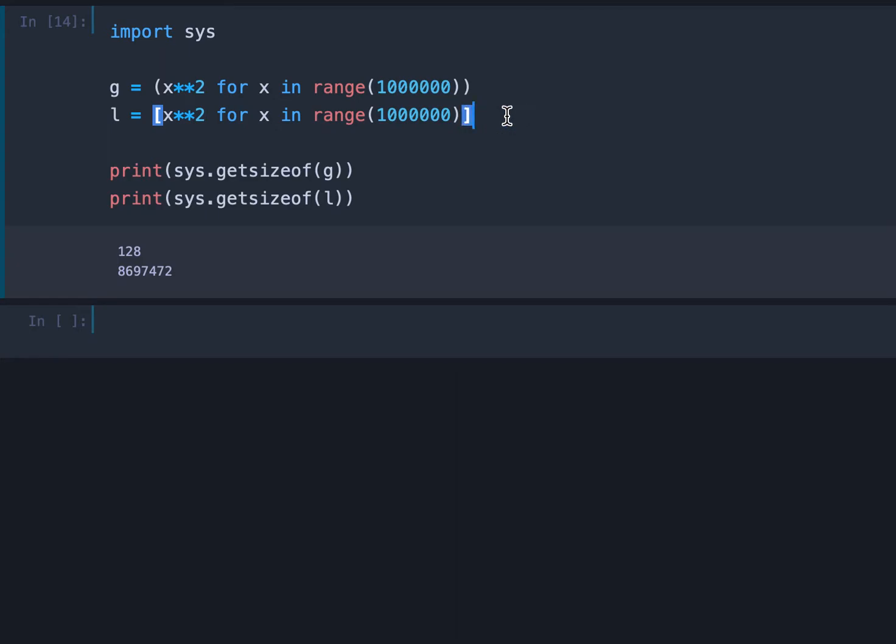So remember these two things. You use parentheses to create a generator comprehension. We also saw how you would implement it with the yield statement as we used to do it before. And generators need very little space. You can check it with the getsizeof function from the sys